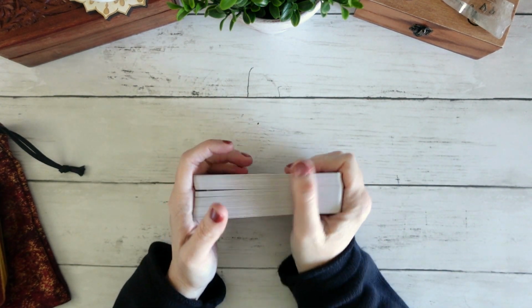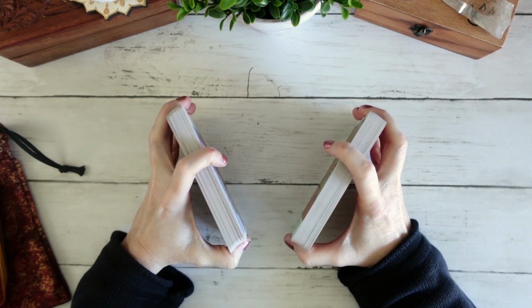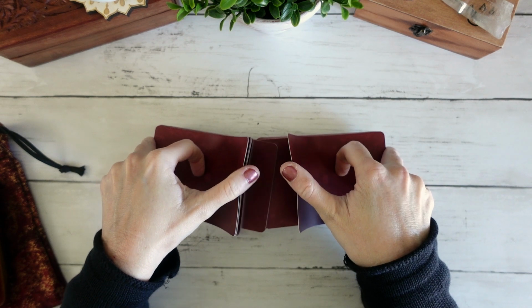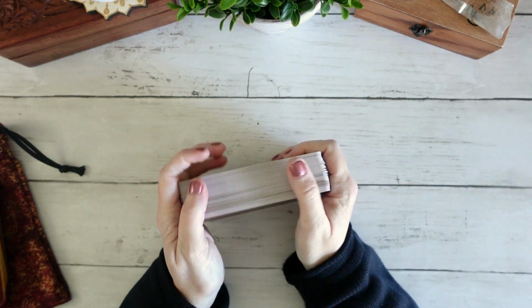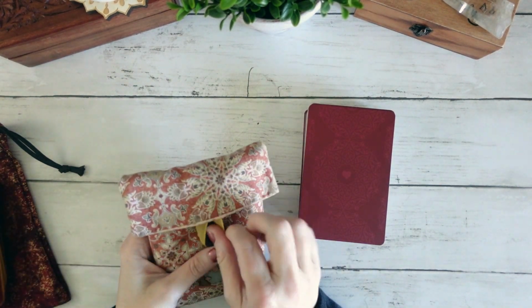Absolutely gorgeous shuffle. If they were just a tiny bit smaller, I would be able to get my hands around them a little bit better, because they are, oh my goodness, a bit big, but the cardstock is fantastic. Let's see, what do I have here? This is the